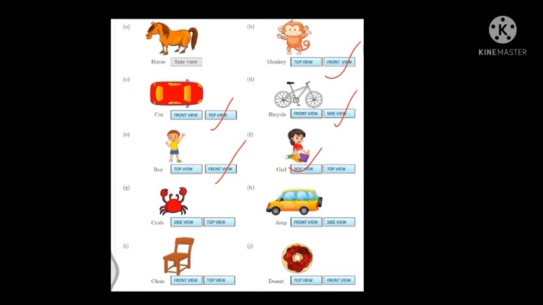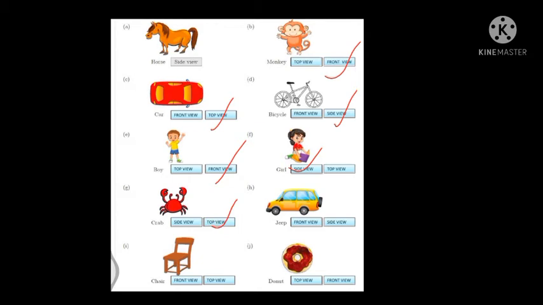Next one is a crab. Can you see a crab? Okay, so the crab will look like this. If we look from front, top or from this side, यानी crab को हम कहाँ से देखेंगे तो हमें ऐसा दिखेगा. So you can easily see if we look from the front, सामने से देखेंगे तो ये इसका front view, सामने से ये वाला portion दिखेगा, right? And उसकी back and all we can see. अगर हमें उसका back and all दिख रहा है, so that means this is the top view of a crab.